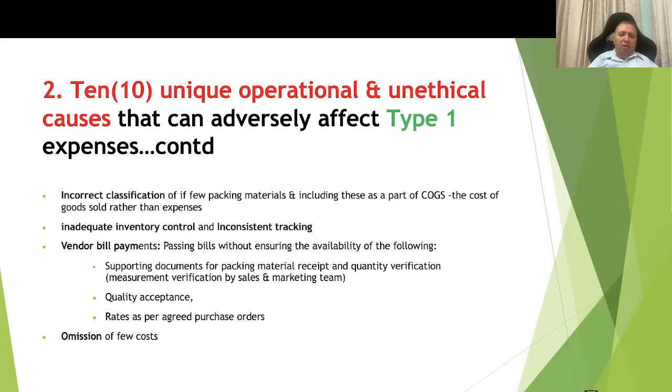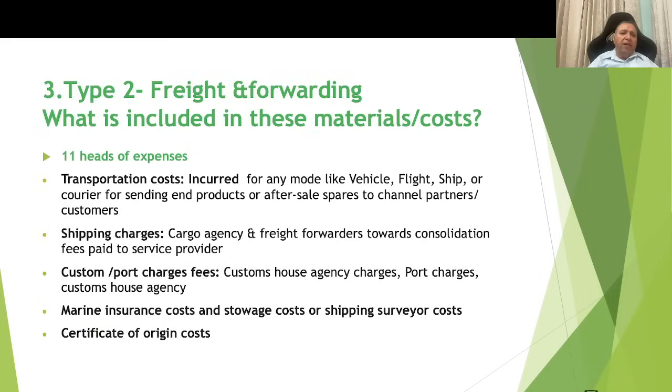the P&L account. Number 2 is freight and forwarding, which is also a big head for product companies. 11 heads are under this: transportation cost incurred by any mode, which may be by vehicle, flight, ship or courier, shipping charges, cargo agency and freight forwarding charges, consolidation charges paid, custom and port charges, particularly in case the consignment is being sent overseas, marine insurance cost and stowage cost or shipping surveyor cost